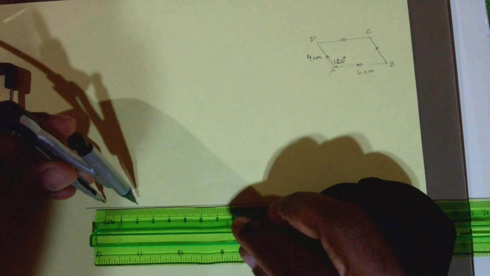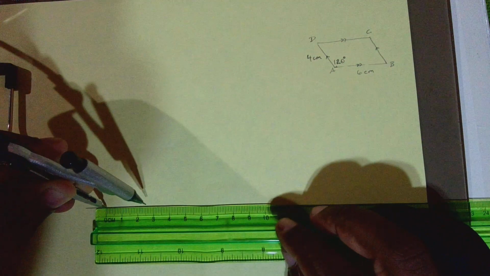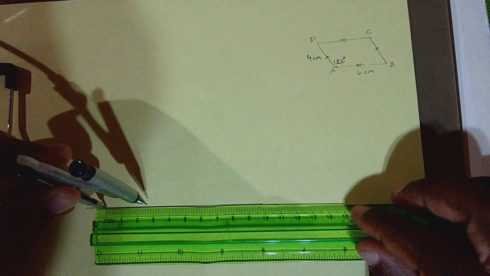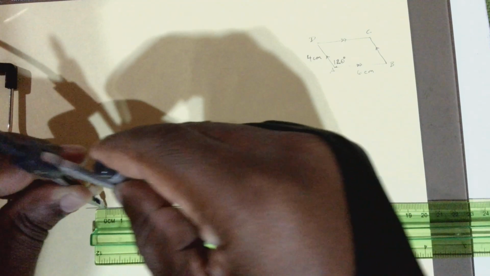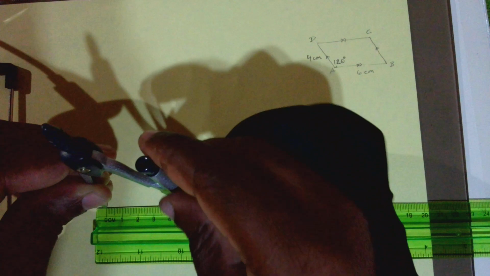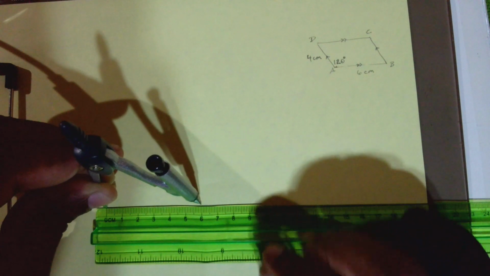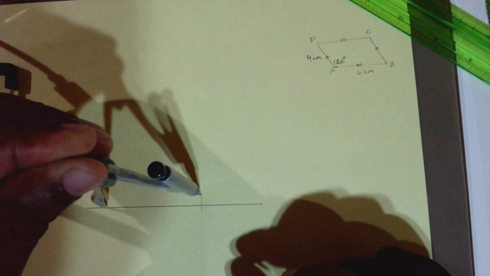Alright, so let's say we start here with A, so I'm going to get a point in, align the ruler with the line that's here. Now I'm going to measure off 6 centimeters. It's a little bit off, so let's put it a little bit more. That's 6 centimeters. Alright, so I'm going to scribe an arc here, ensure I don't change the radius distance of the compass. Go to the other end,